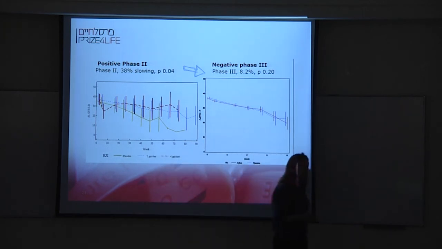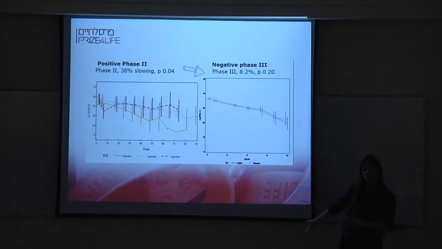Is there anything else that we could look at in these patients before they enter the clinical trial? I'm looking at you because I know you know. Said it already twice. You need to check their genetics. Very good, thank you. So maybe we could have a better genetic understanding of the patients before they enter the clinical trial. So at least we know what the differences between them are.